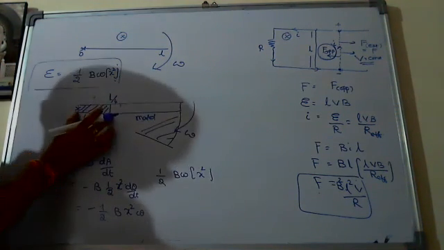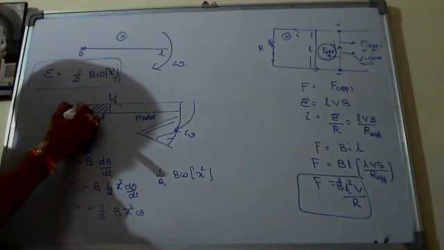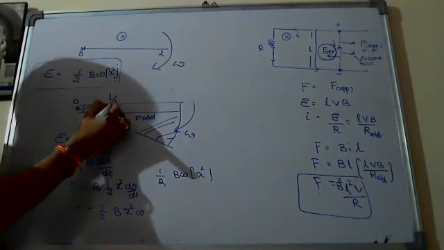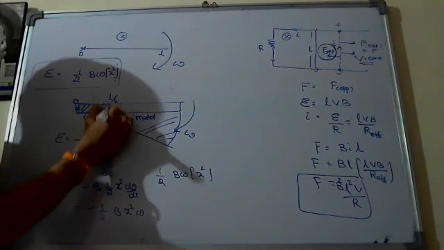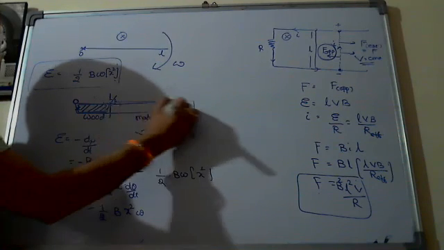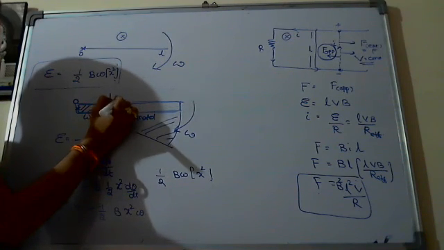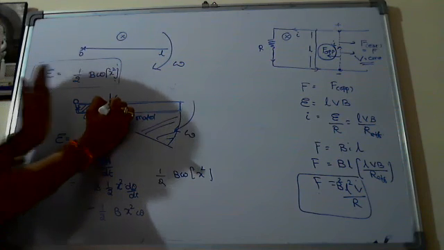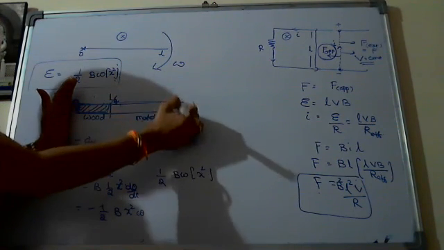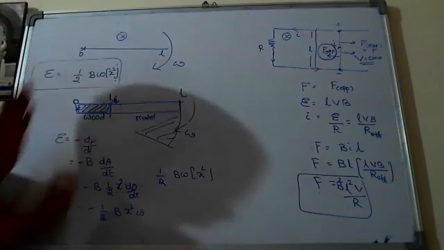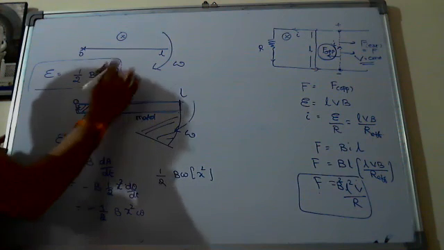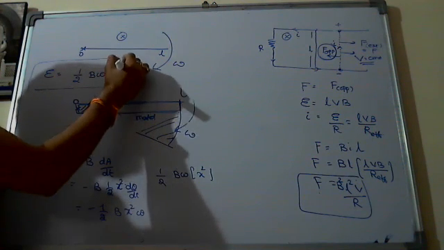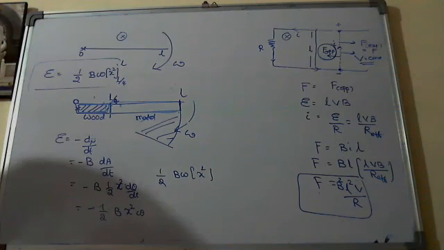Oh, this is non-metal. Non-metal means if I fix the axis here, from the axis, 0 to L by 4, no EMF is induced. EMF will be induced only from here to there, so the limits change from L by 4 to the other end, where the total length of the rod is L. So just replace the limits here from L by 4 to L. That's it, that is easy. I don't know why you are confusing there.